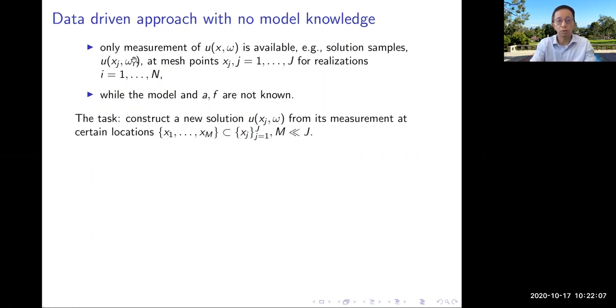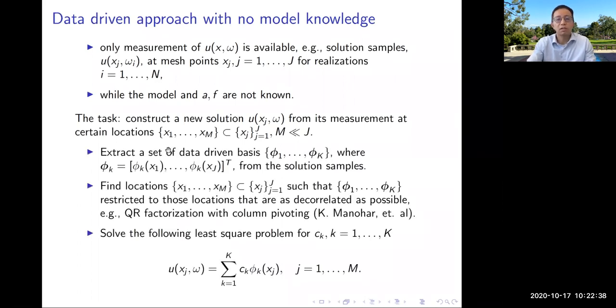This location is also a choice of location determined from this data. I choose the best locations you can measure. Once you measure them, I can have a good reconstruction of the whole earthquake field in the whole domain. So this is a few locations. Then I use these few locations to determine the coefficient C, because I have done dimension reduction. That's why for a new solution, I only need a few measurements. I don't need all the grids.